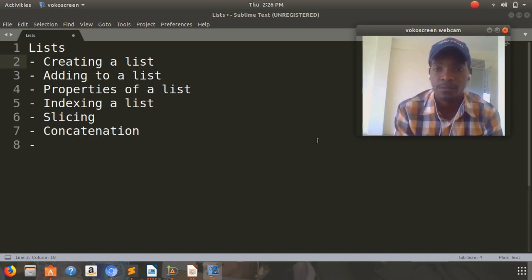You can store items in a list, and we shall look at how we can create a list. We shall see how we can add items to a list, and some of the properties of a list. We shall see how we can index list items, and how we can slice a list in case we need a range of values. We shall also look at concatenation, how we can add two or more lists. And yeah, so we shall start by